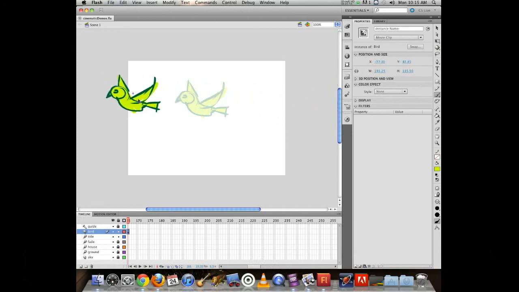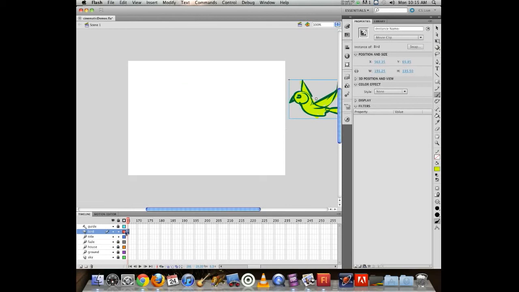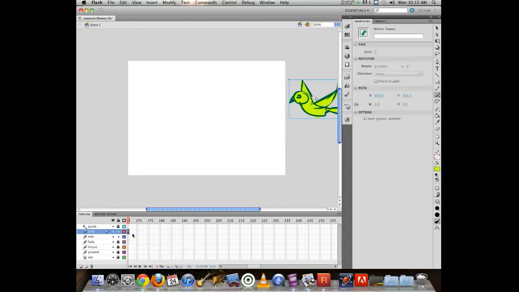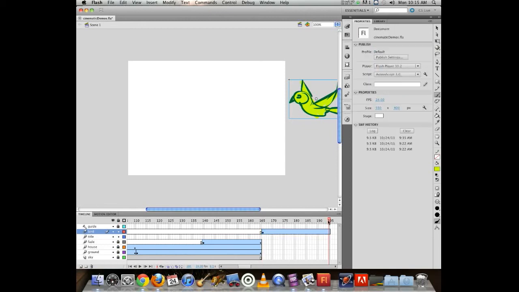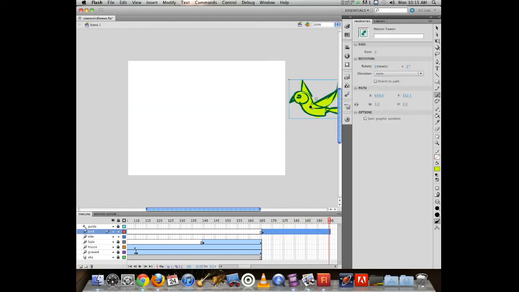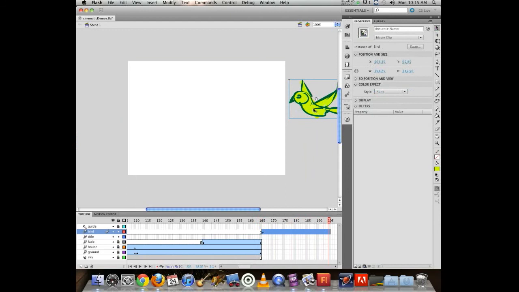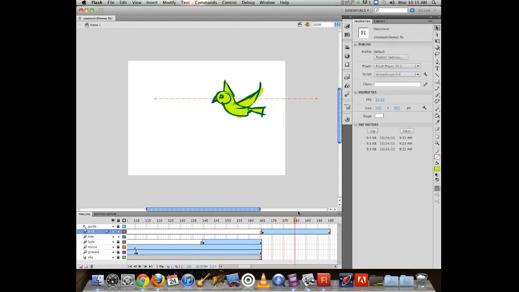Now, if I want my bird to fly in on screen, I'm first going to animate the bird, and then I'll worry about the background elements. Create motion tween for the bird, remembering that the bird's keyframe started after everything else. You can stretch that out. We see, okay, there it is for the bird. Go to the end of my time. Bird can fly over, and